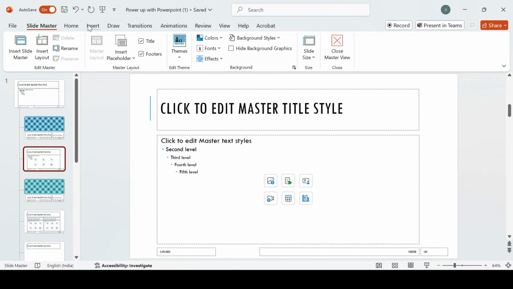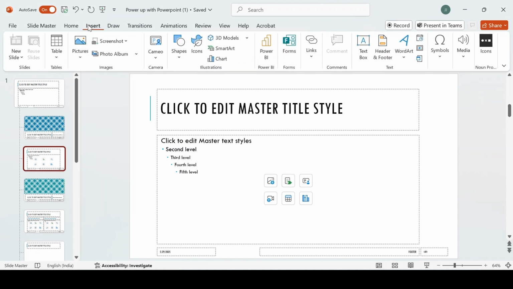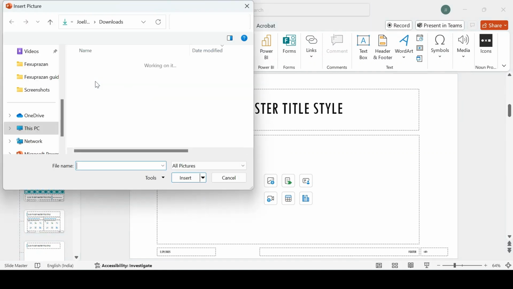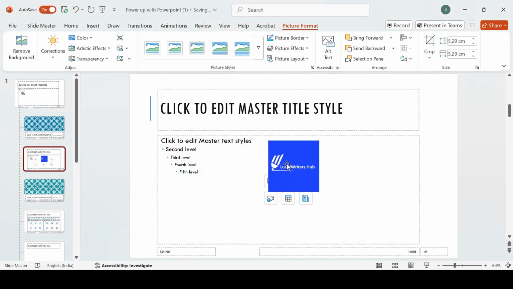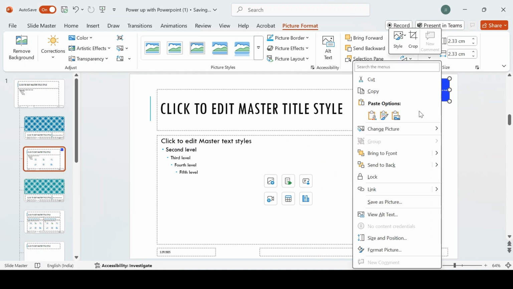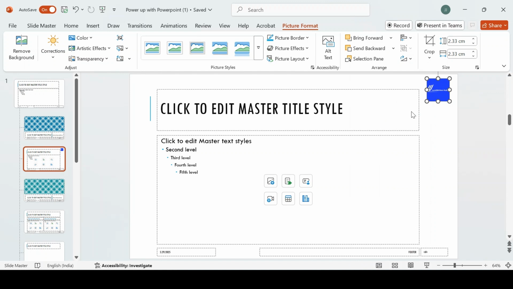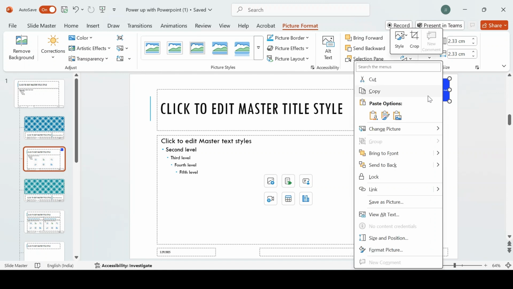So now I'm going to insert my logo here. I'm going to insert our company's logo. Go to Insert, Picture, This Device. I'm inserting my company's logo, Lucid Writers Hub's logo. So edit according to your need and place it here in the corner. Here there is no AI generated content, so I'm not placing it over anything. If there is a logo generated by AI and you want to hide that, you can place it over that, and it will hide it.